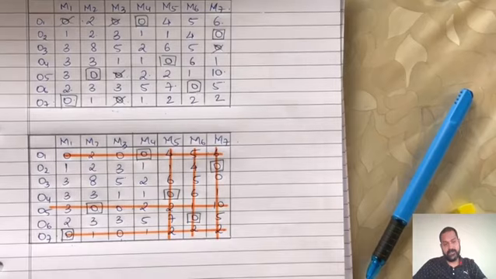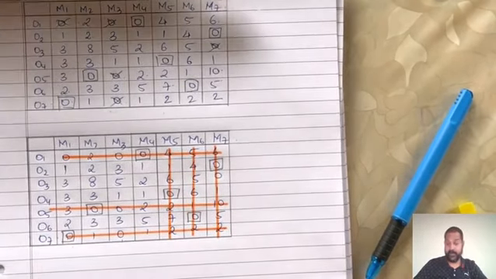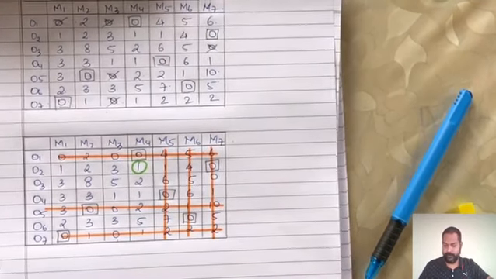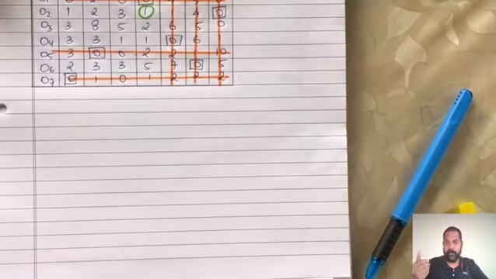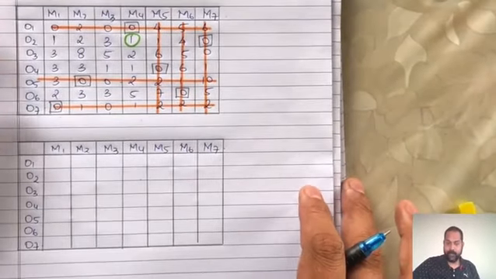How many lines have you drawn? 6. Obviously there were 6 assignments, so I will draw 6 lines. I will redesign the matrix. How? What is the least? 1. So again the same. Let me draw the table. I have my table ready. The least is